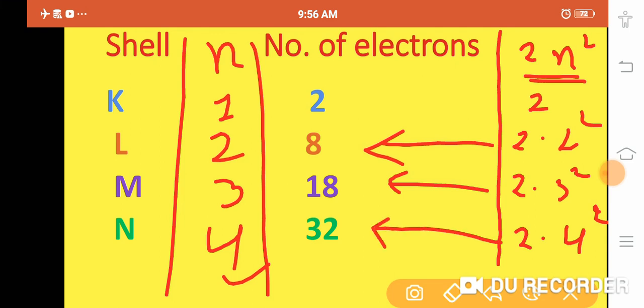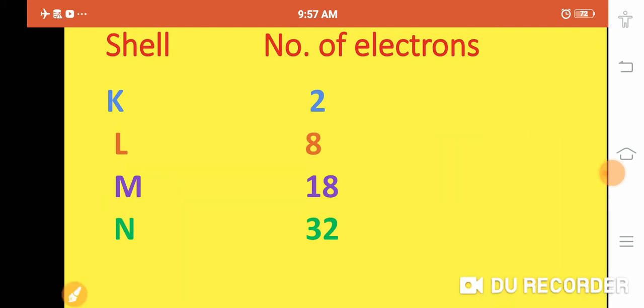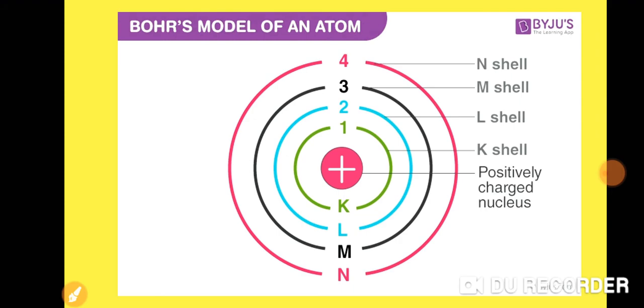This is very important for you, my dear. This way you can identify the number of electrons in a shell. Here n is said to be the principal quantum number. For K shell, n equal to 1. For L shell, n equal to 2. For M shell, n equal to 3. And for N shell, n equal to 4. About this you will learn in the higher classes, but I am giving it here because it is useful for you. Its application you will use in the higher classes also. Okay, dear. So please, if you have not written, then you should write about it. Now Bohr's atomic model, same thing.